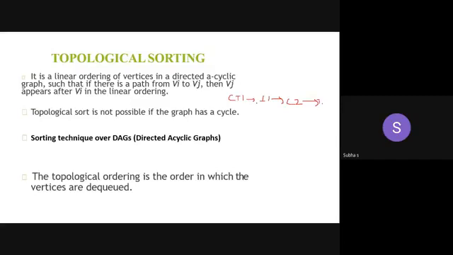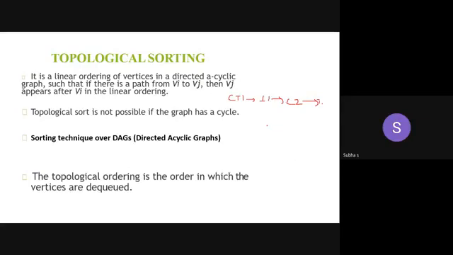So this ordering is called topological sorting. Assume these as vertices. CT1, IAT1, CT2 are the nodes. So you have to check which one should occur first before the occurrence of the next event. For those things, we can go with the topological sorting.